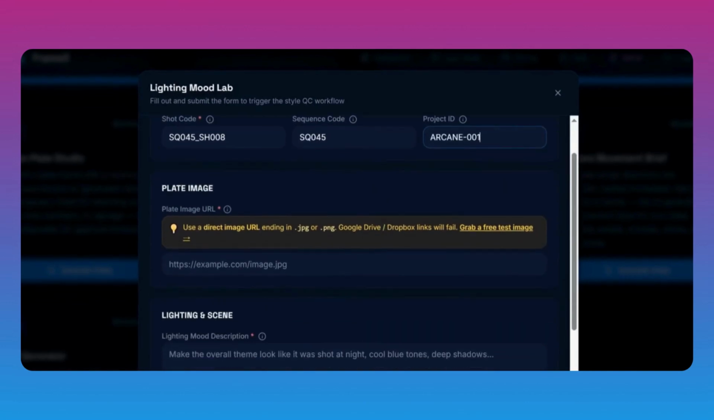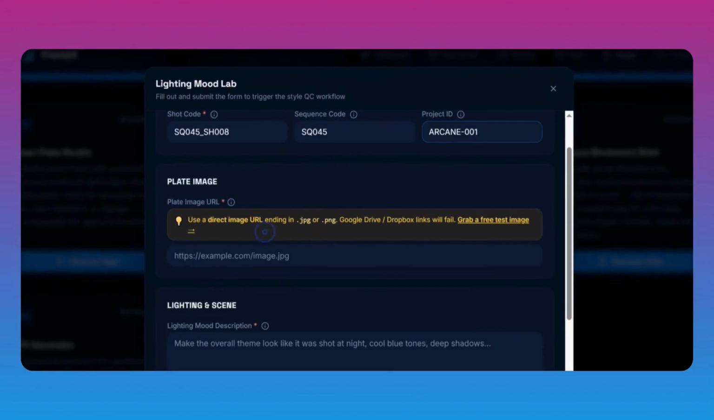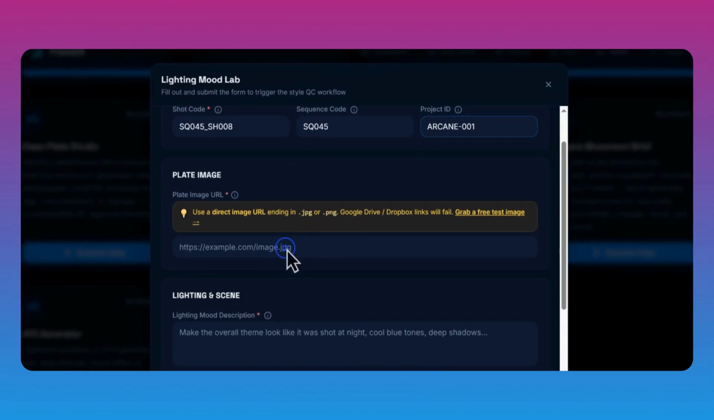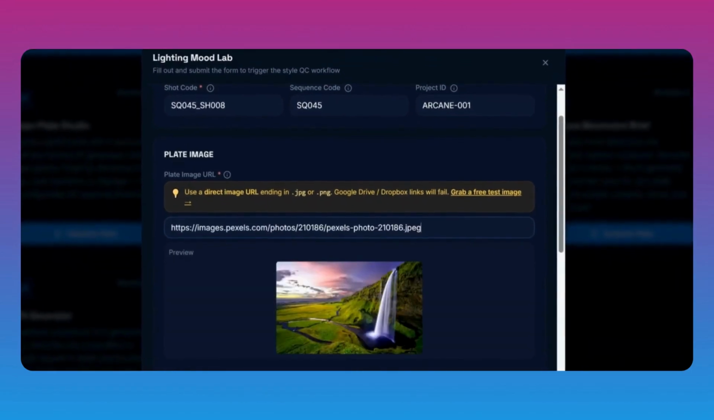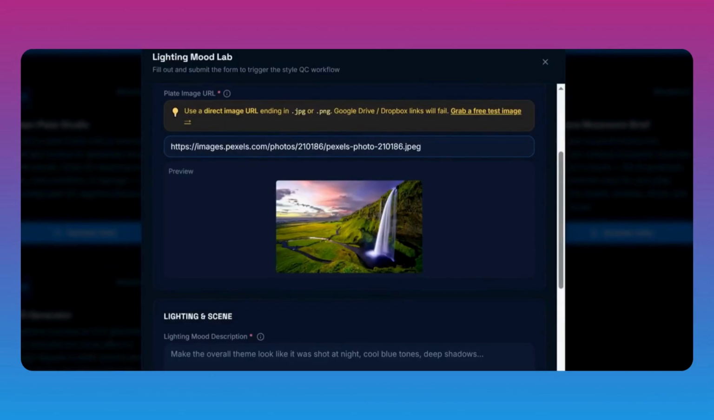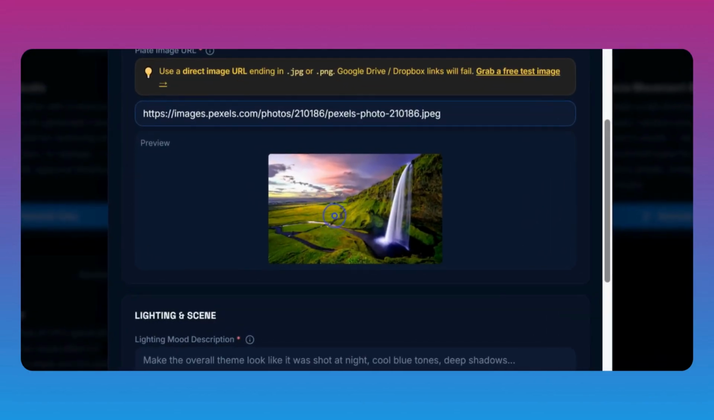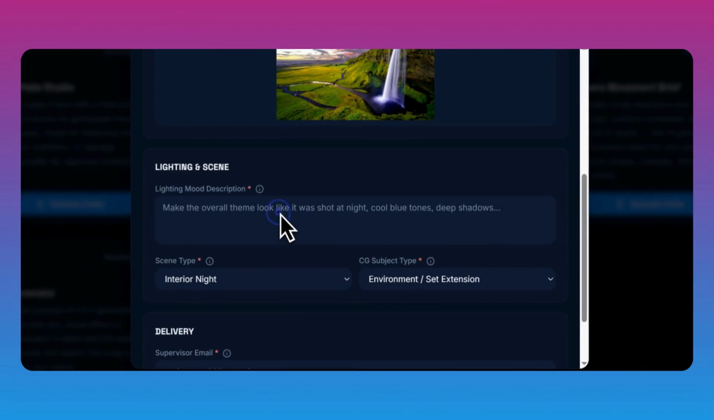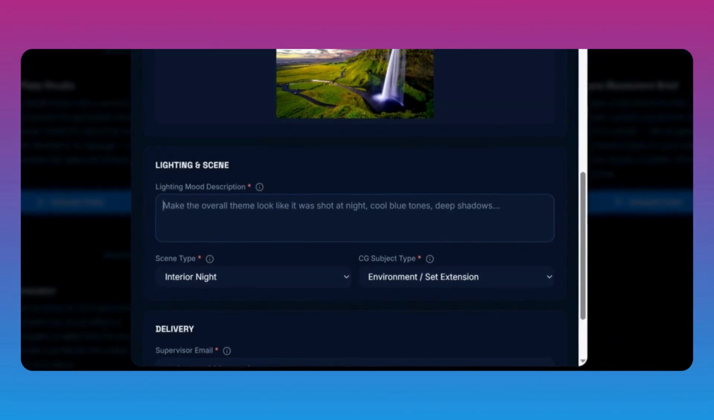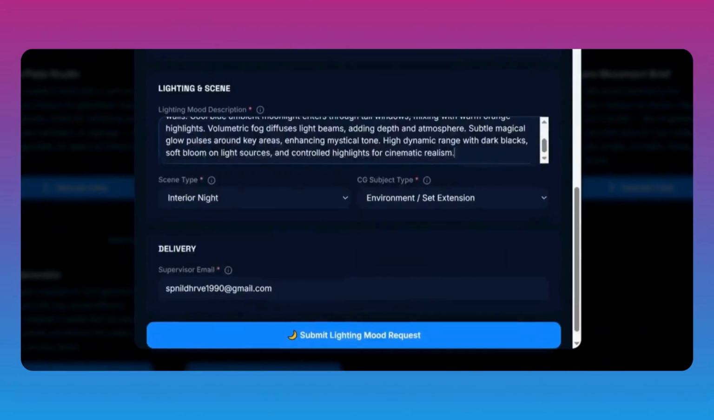Paste the plate image URL as the base reference. Verify or adjust the plate image URL to ensure the correct reference is being used, avoiding mismatches and maintaining visual consistency across the output. Define the lighting mood in detail to control tone, contrast, color balance, and atmosphere for a